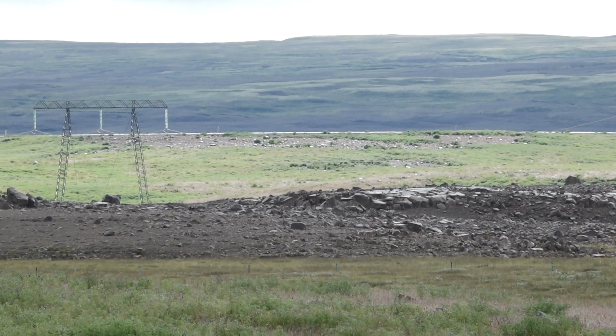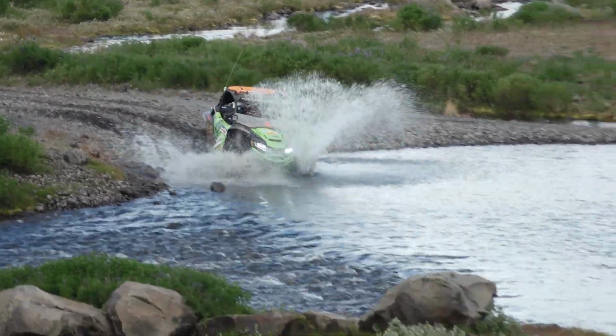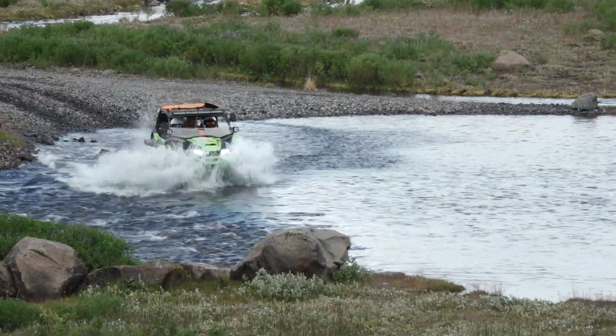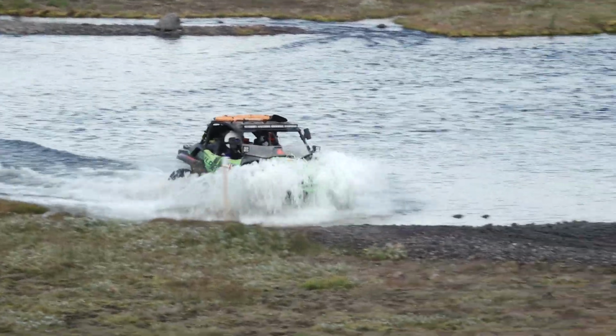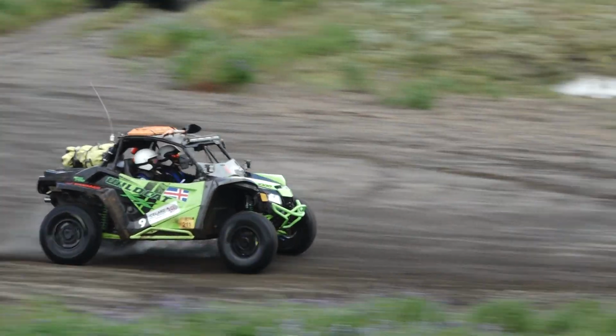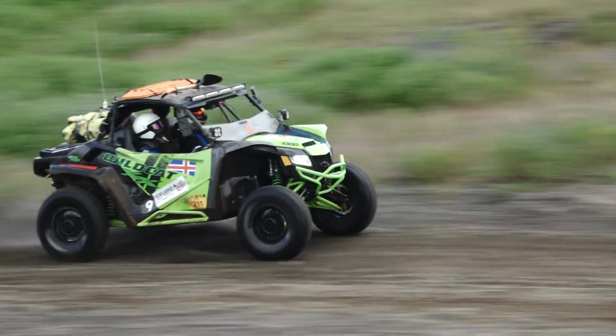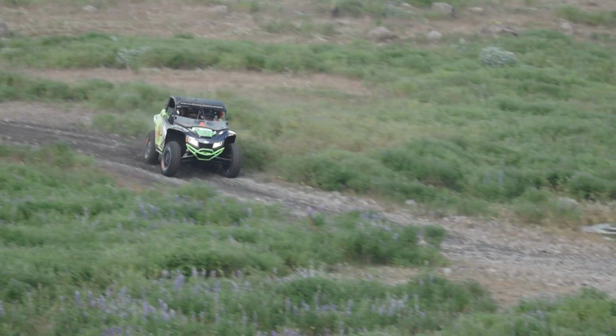Next up, the 7th stage, a 68-kilometer stage, the longest stage of day 2. However, there was big drama. Where are Guðmundur Snorri and Guðni Freyr, the event leaders? This is Steinþór and Gauti, obviously driving well, given their starting position of 5th. And now we are at the end of the stage with a time of 1 hour, 3 minutes and 4